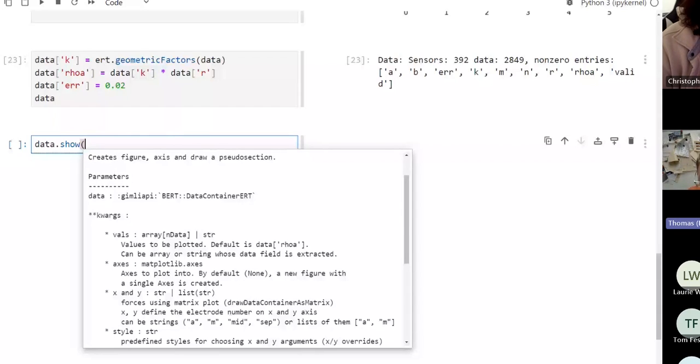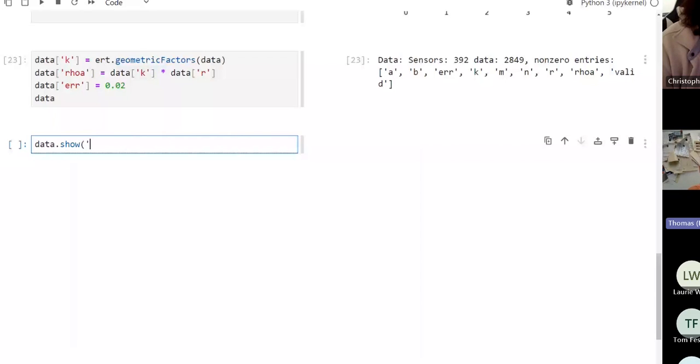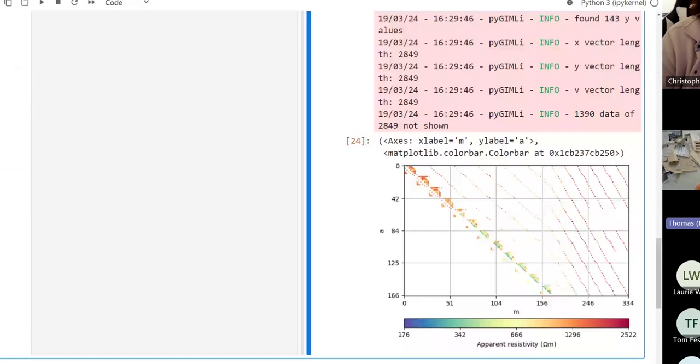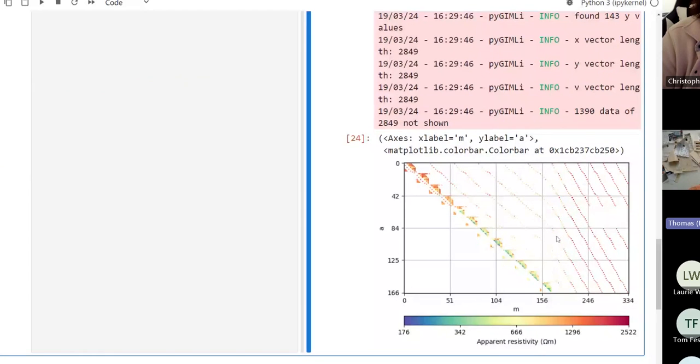So actually, we cannot easily show this as a pseudo section, because we would have to extract the profiles. But what we can do is to make a cross plot over A and M. This is just a style called A and M. And if you do so, we see a cross plot, which is just a rough estimation of our data, which is not really nice. But we see something that looks like a pseudo section, and we will go into that